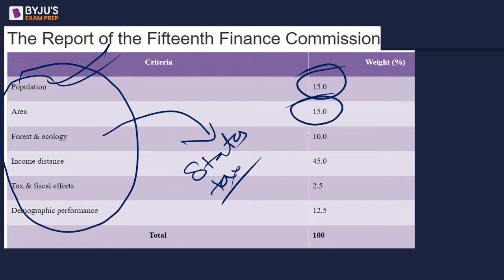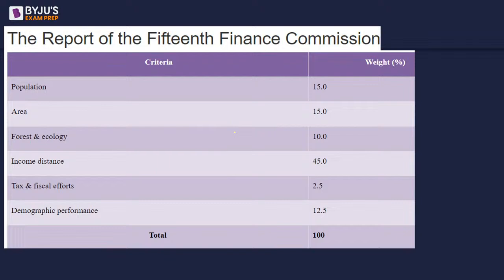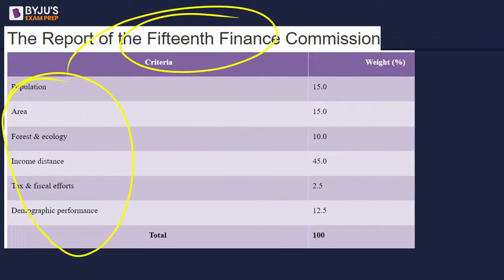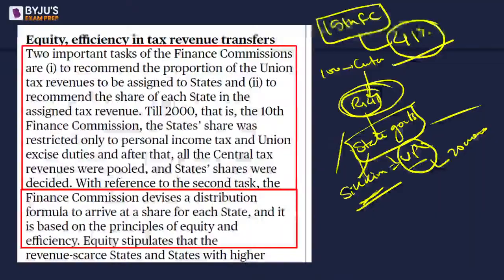एरिया ज्यादा बड़ा स्टेट है, if the state is very large, है ना. So we cannot say, I mean it will be unjust to say कि Goa and let's say Maharashtra would be getting the equal tax devolution, ना, ठीक है. So it should be proportional, right. So these things are taken into account according to the 15th Finance Commission before the distribution. तो बता ये रहे, the author is saying